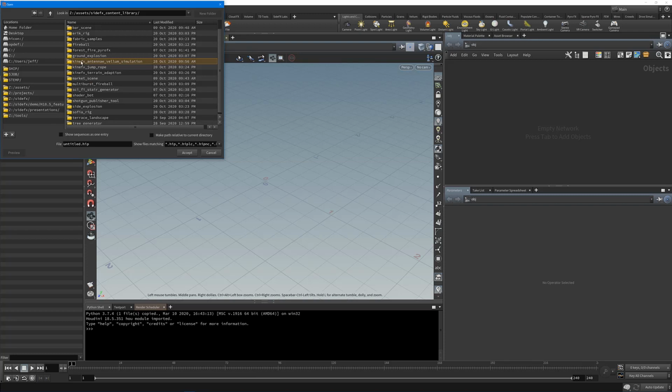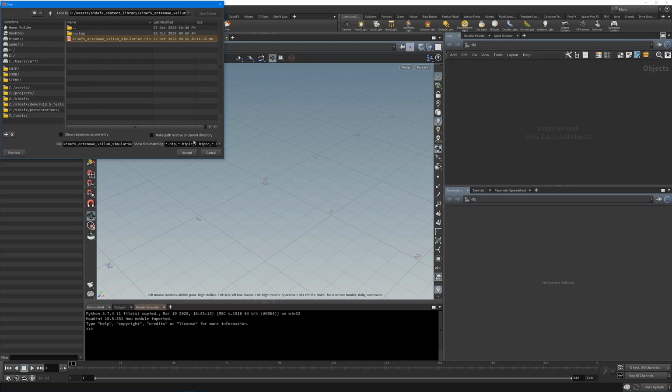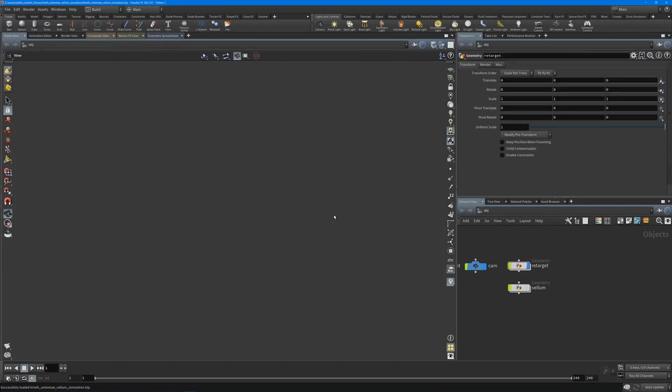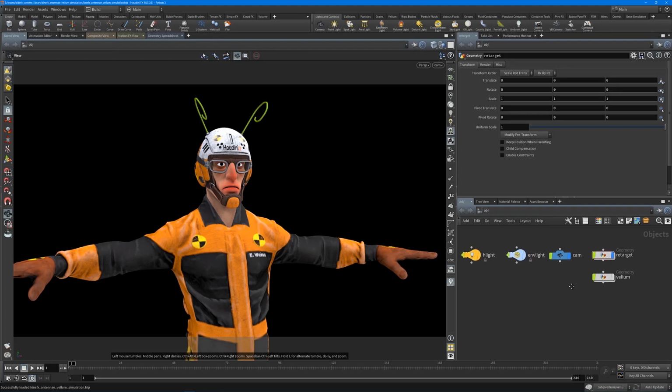So double click on there, and there's a HIP file. I actually took this file and added some motion files to it, and I'll show you where that is. So this is a typical file that we might use. It's an education-based file. It also requires always a little bit of work to get to work out, but